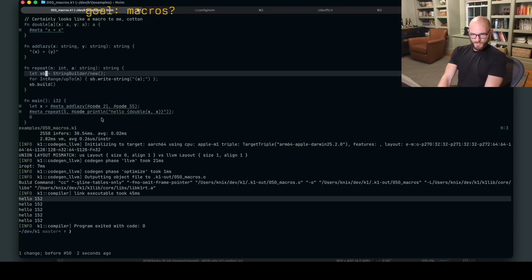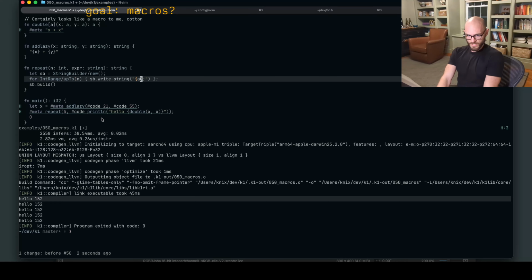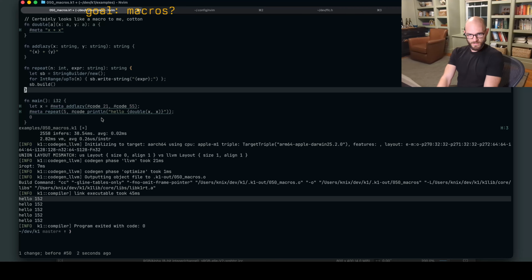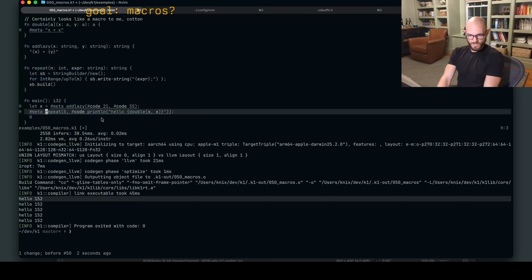And then we have this repeat function. I mean, this is cool, right? This is a macro. This is a macro that is configurable with a compile time argument. So this is the code that we want to repeat. Expr, okay? And n is the count. And so we meta repeat.